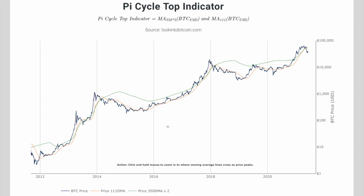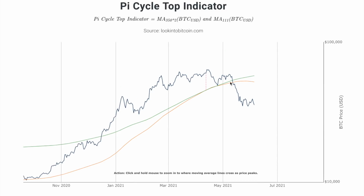Many people were quite skeptical about this one, but it looks like this was actually one of the more accurate indicators going forward. So what's quite interesting to say here is that if we're in mid-cycle, then we're probably going to see the Pi Cycle, the orange MA, start to curl up. And at the moment, we're not curling up. In fact, we're curling down just because the price action of Bitcoin is quite low